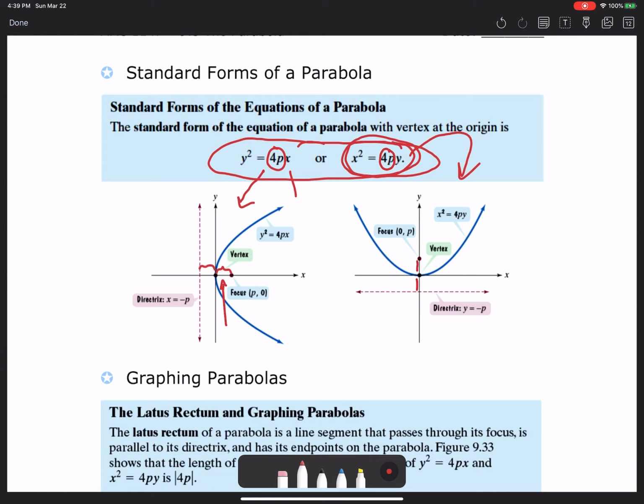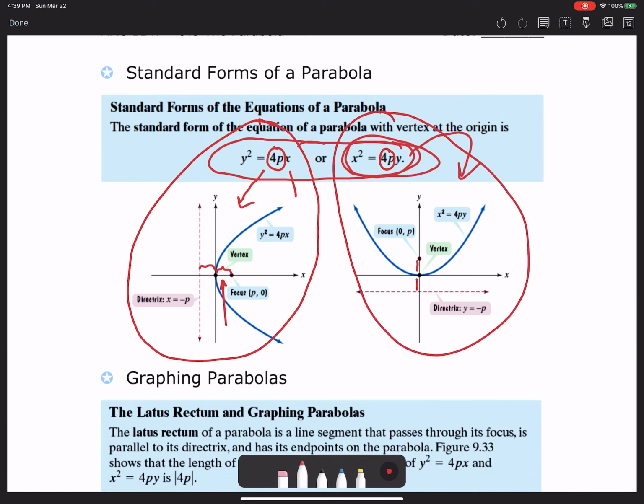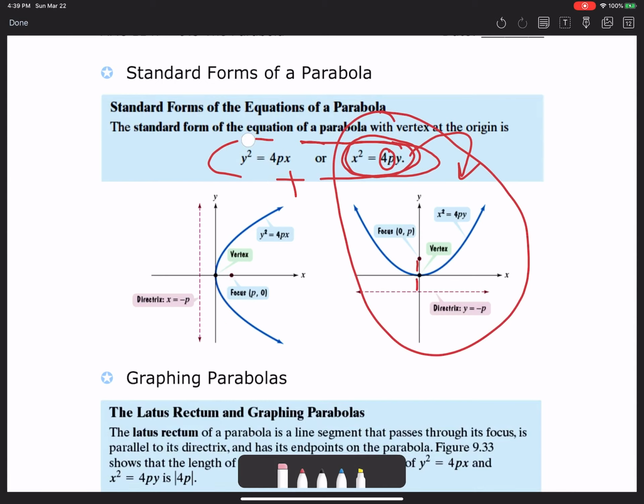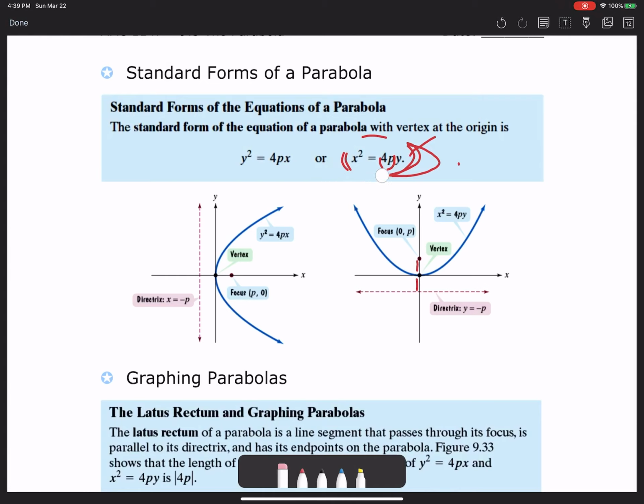How is it that I'm supposed to remember that the y squared matches up with this one and that the x squared matches up with this one? That's a good question. The strategy that I use, after erasing all of the scribbling that I've been doing on here, is when I look at the equation on the right, it has an x squared in it and it has a y to the first power,